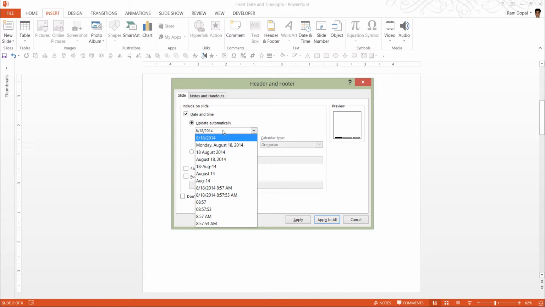The next thing is in terms of choosing the format for your date and time. It is a good idea to choose a format like this one, where it clearly says the month, the day, and the year, because there is always a confusion in terms of the day and the month depending on the kind of the country that you are from.